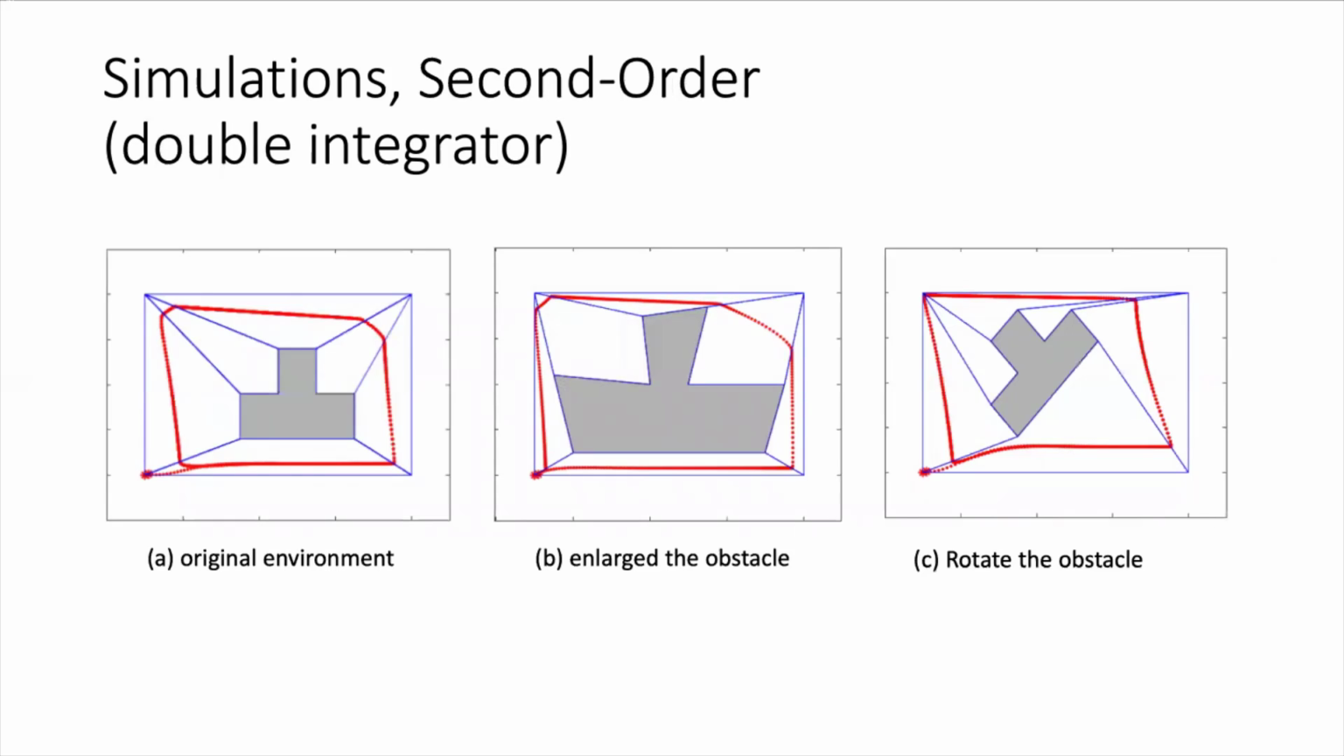In this example, we want to find a controller for the second-order system to traverse the environment while satisfying the stability and safety constraints. Then we enlarge the obstacles and use the same controller. The agent moves through the environment without violating safety and stability constraints. And when the obstacles rotate 45 degrees, the agent moves through the feasible path to cover the whole environment